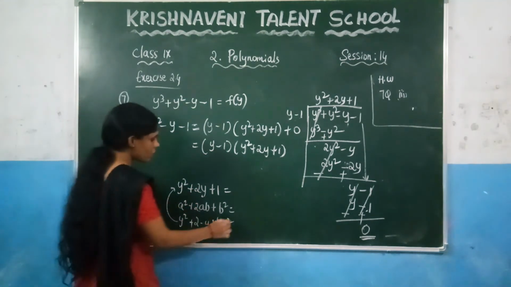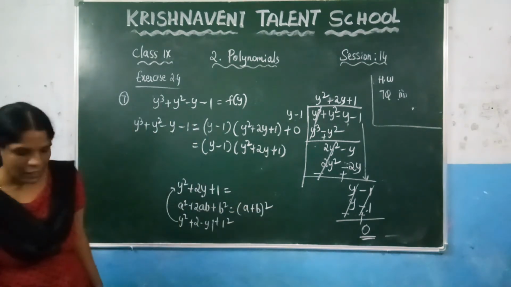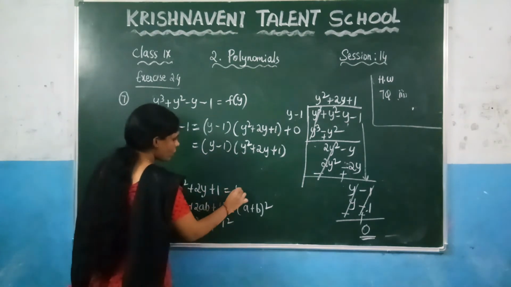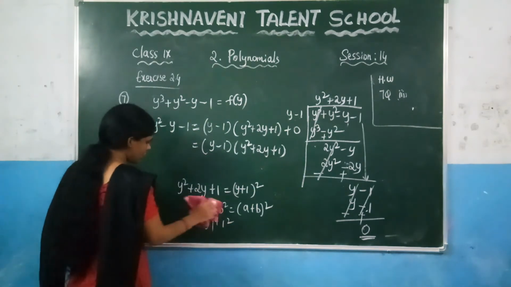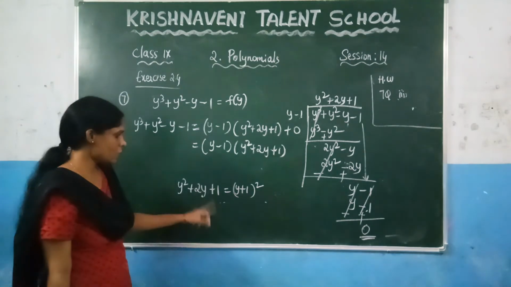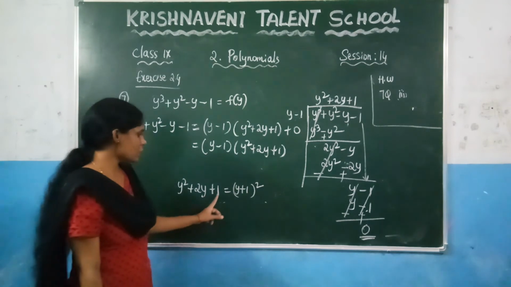So you know that a square plus 2ab plus b square, what is the formula for that one? Which is a plus b whole square. So here directly you can write this y square plus 2y plus 1 as y plus 1 whole square, because if you expand it, you will get the same thing, which is nothing but a square, which is y square, plus 2ab, which is 2 into y into 1, which gives you 2y, plus b square,